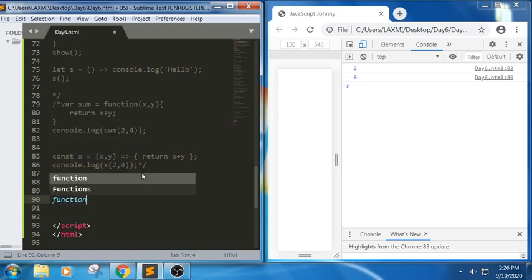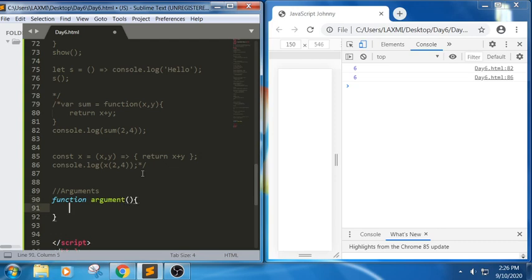For example, I am trying to write argument. I want to calculate the number of arguments we have passed for it.